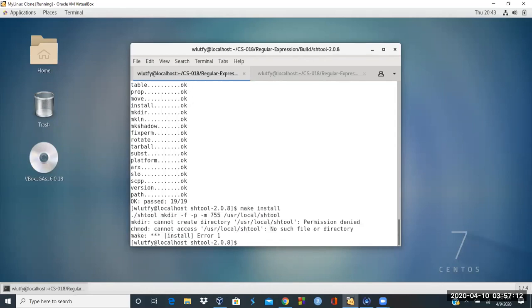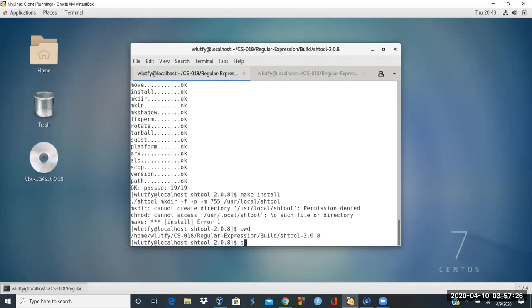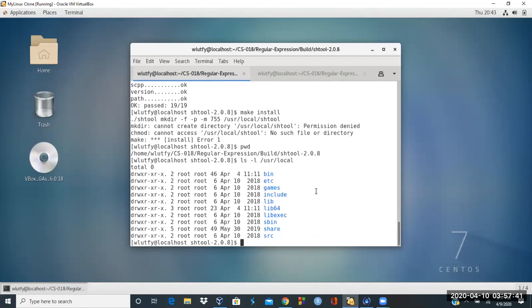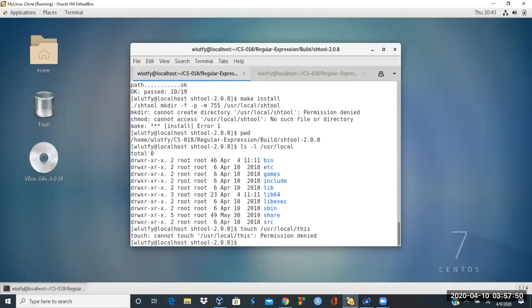So make install, it says run the shtool mkdir -f -p. It did not do it. The reason is because permission denied. So I have to become sudo to do this. So let me just become sudo, sudo dash, switch user dash. The reason it didn't do it is because on the user local, that permission is not by default root. So I cannot touch the file under user local root. I cannot do it, it's going to say permission denied. But if I become root,